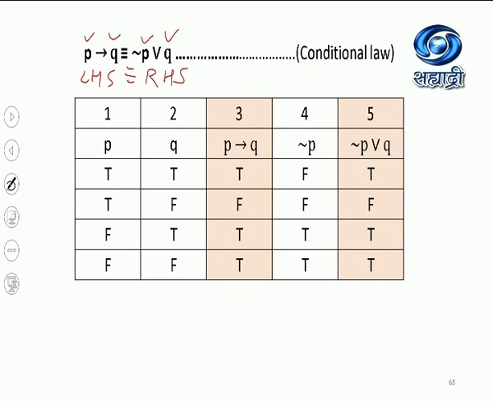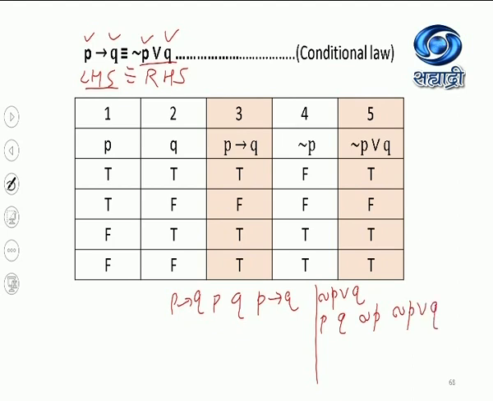Then third column will be for LHS, that is P implies Q. On the right, in the fourth column, before we write the negation P or Q, first we have to take negation P and then the column for negation P or Q. Otherwise, what you would have done in the normal case, truth table for P implies Q will look like this. This is one truth table. And then negation P or Q truth table will be P statement, Q statement, negation P, and again negation P or Q. This truth table.